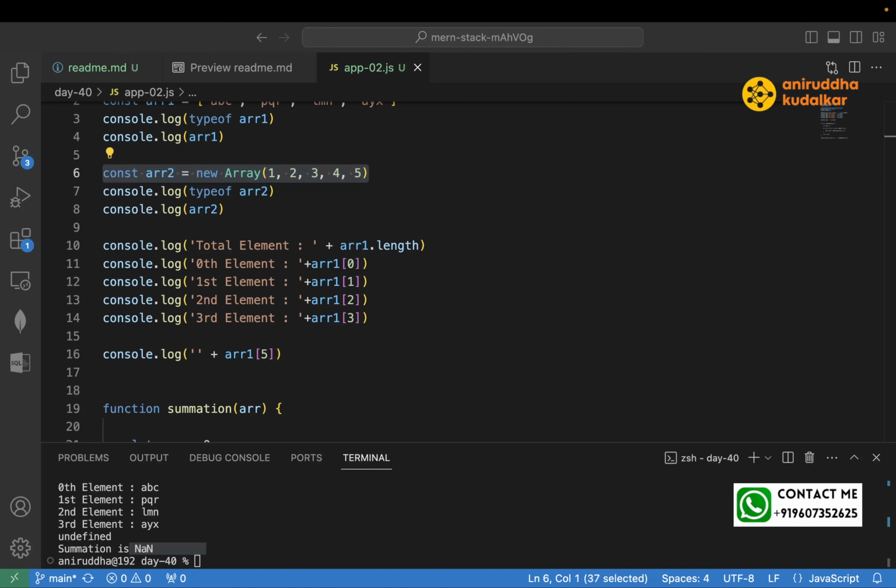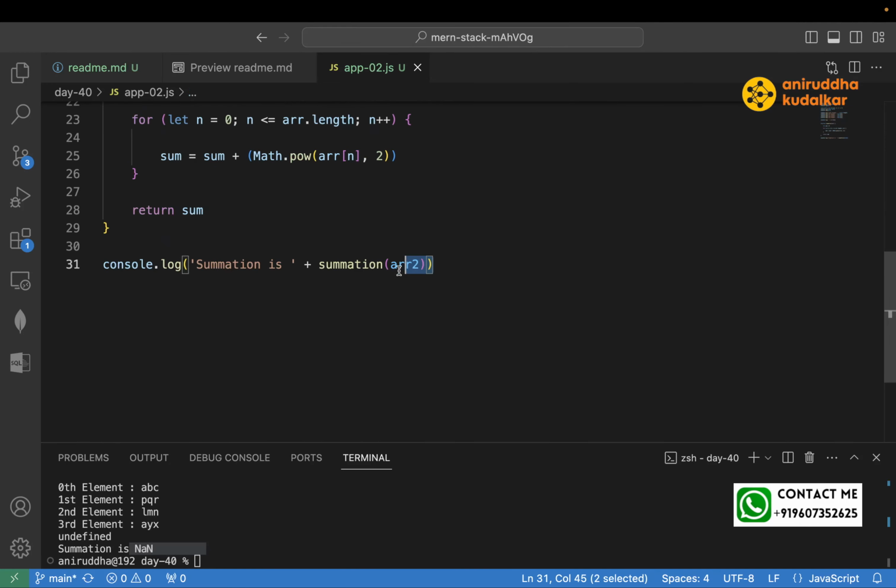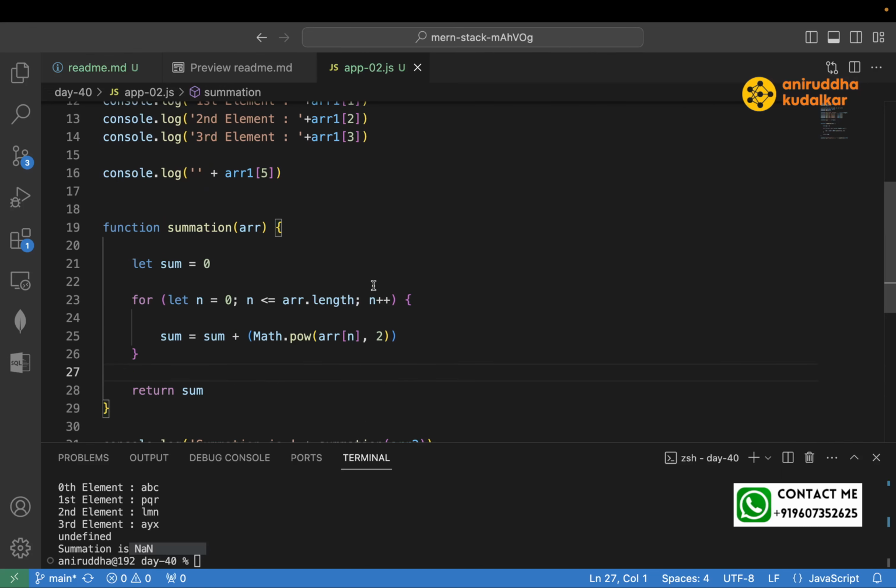We have written ARR. Yeah, you can see ARR at the top. We are having ABC and BPR. No, math power ARR. 2. So here you have passed ARR2. But in the array, for loop, you